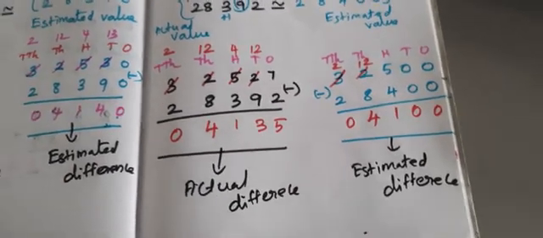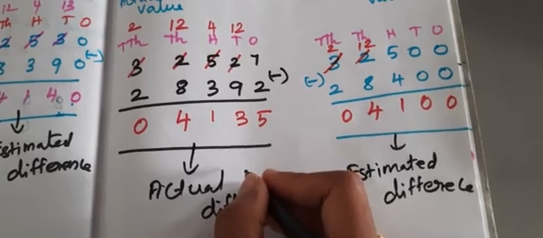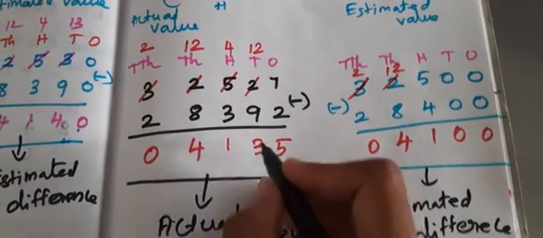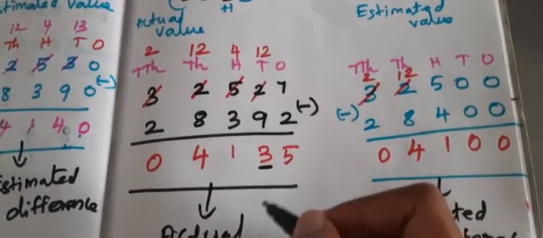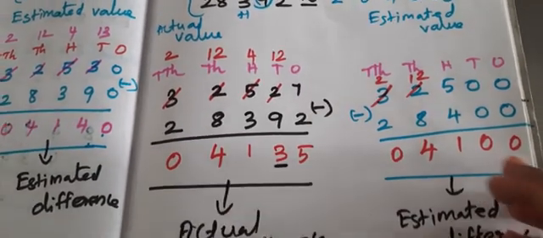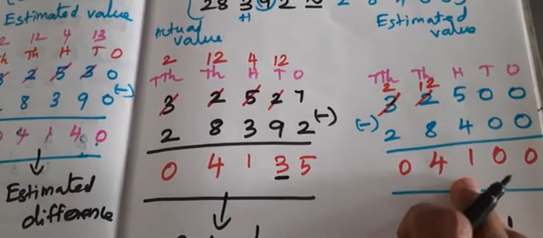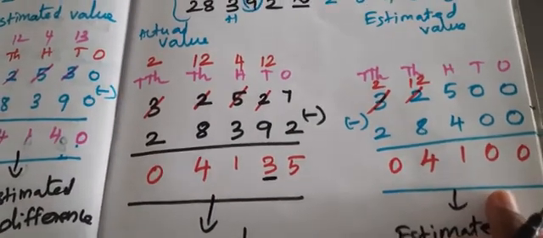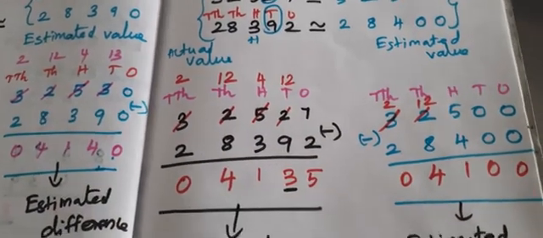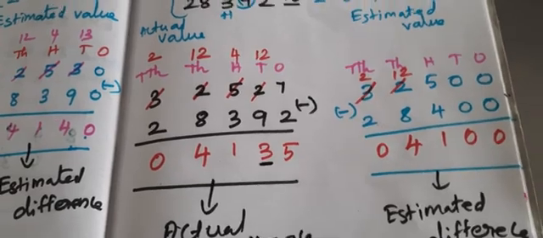Last, we have to verify that answer in the actual difference. So what concept we have applied here? It is the nearest to hundreds. Nearest to 100 means we should observe the tens place. 3 is less than 5. Less than 5 means we have to put 0 in tens and ones place. Remaining digits you write as it is. So your answer is correct. Do you have any doubts, sir?